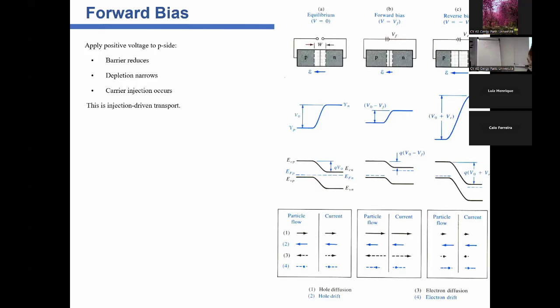If you analyze the Fermi energy, you can see in the draft here that the Fermi energy of the n-type is going up, and the Fermi energy of the p-type is going down. Actually, it should be a bit down, but it's not too much down because of the